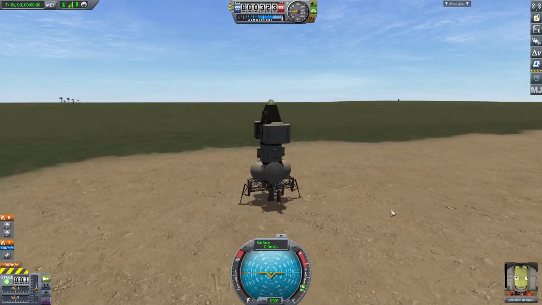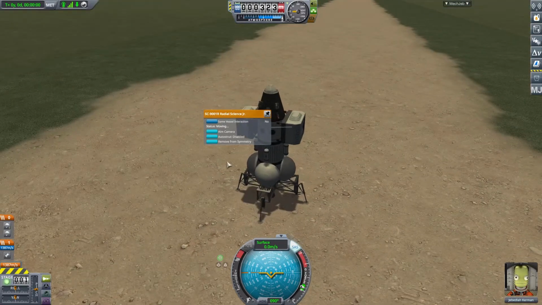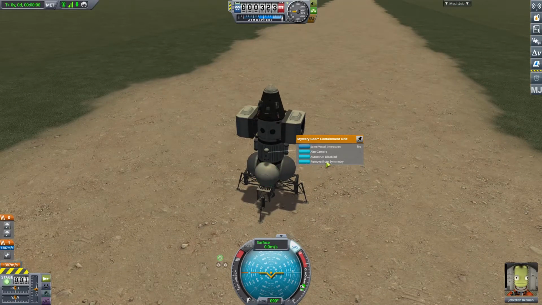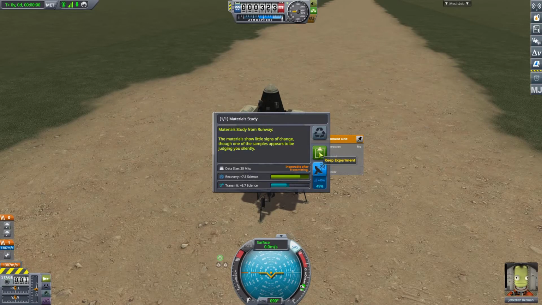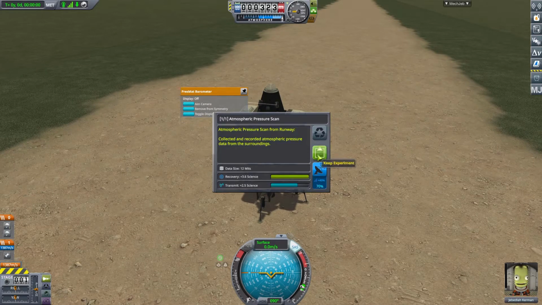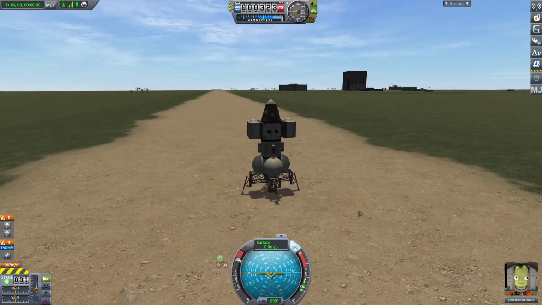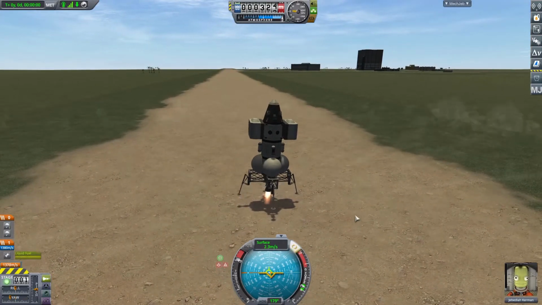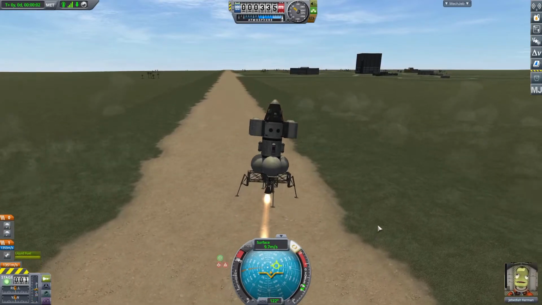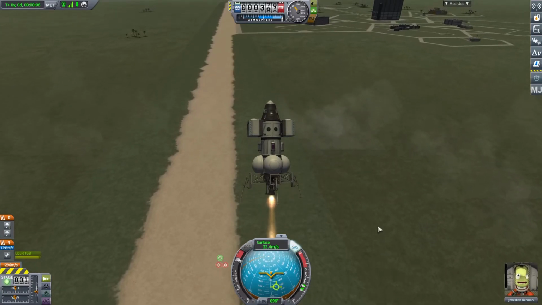I checked before building this craft, in what biomes I have already done the material science, and where it is still available. There we go, 100% available, and the runway is still available. And this time I'm not going to screw around too much. I just hope that this time this will be a nice